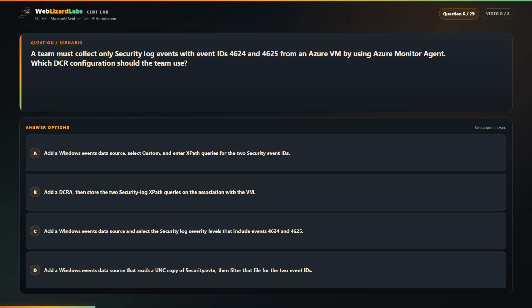Choice A. Add a Windows Events data source, select Custom, and enter XPath queries for the two security event IDs. Choice B. Add a DCRA, then store the two security log XPath queries on the association with the VM. Choice C. Add a Windows Events data source and select the security log severity levels that include events 4624 and